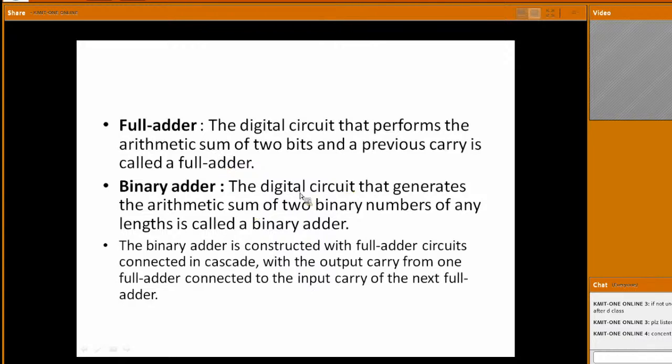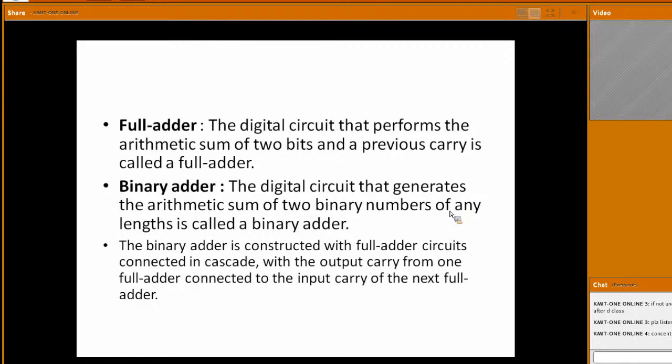Next is the binary adder. Binary adder is a digital circuit. It will generate the sum. Full adder will perform the sum of two bits. Once the addition of two bits is done, it gives a sum and a carry, right? So this binary adder is responsible for generating the sum of two binary numbers